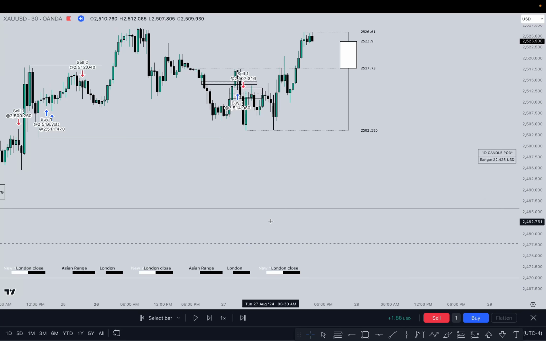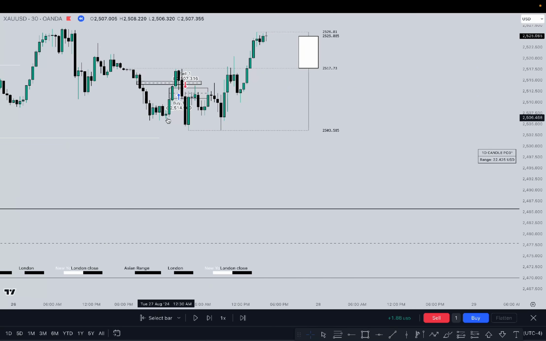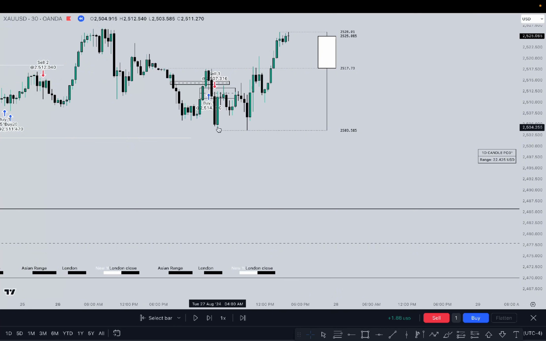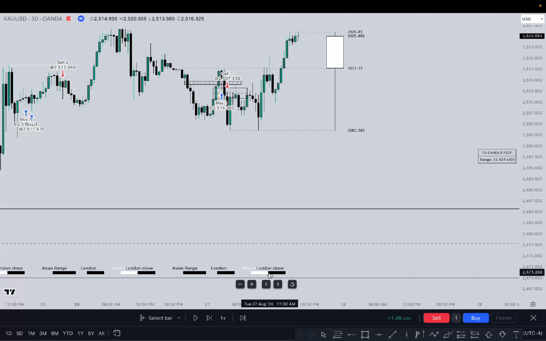So it seems that price didn't in fact want to sweep completely this liquidity. It rather just wanted to sweep a little bit more of the internal liquidity before running higher. And that's okay. You're not always going to get your perfect entry. Price might want to sweep liquidity a few more times. As you see, it swept it once, and then again it aimed for those lows before running higher. We did inside of